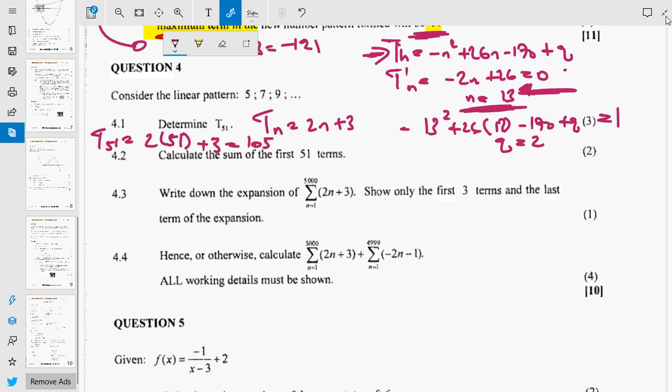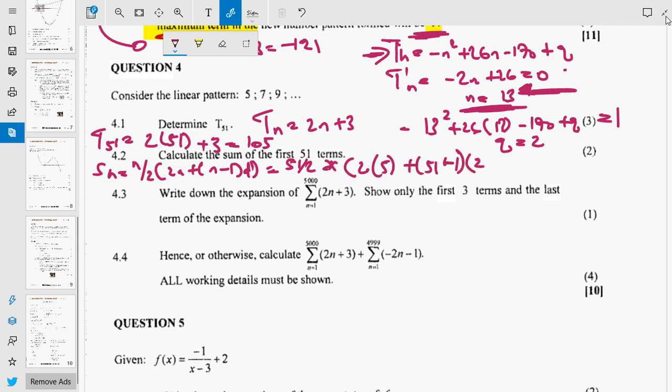Now, the second part of the question says calculate the sum of the first 51 terms. The sum of the first n terms of an arithmetic sequence or linear pattern, as they say here, is equal to n over 2 times (2a plus (n minus 1)d). So if you punch in the numbers, I'm looking for the sum of the 51 terms. So n is 51 over 2 times (2 times the first term, which is 5, plus 51 minus 1 times 2), and there you're going to get your sum to be